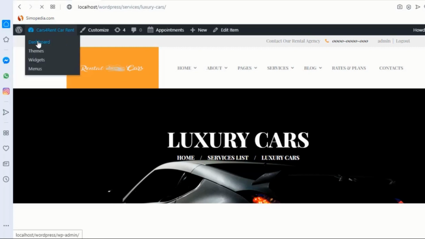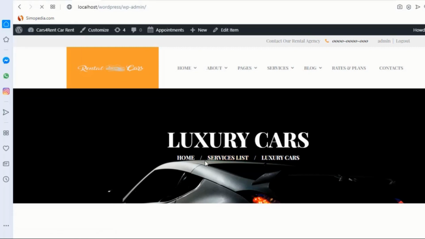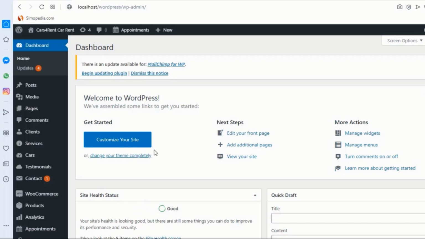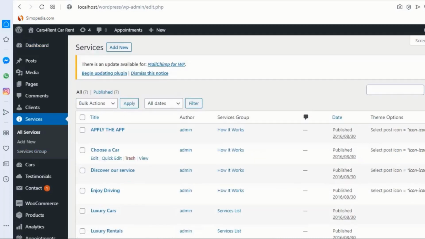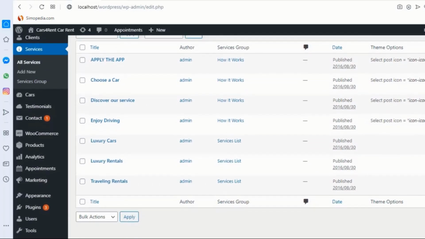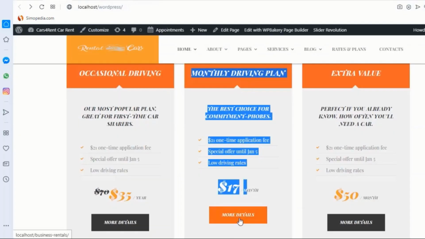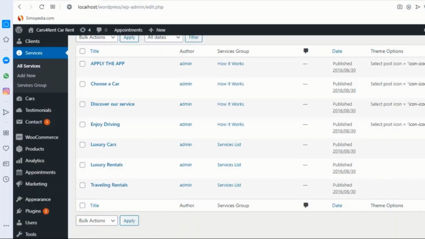You can also open a new tab and then go to pages and choose any page you want or any service you want, and just copy the link